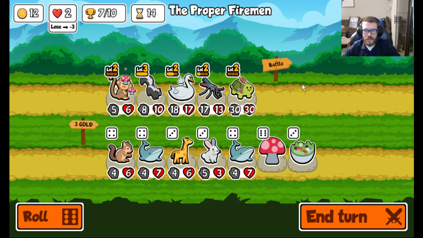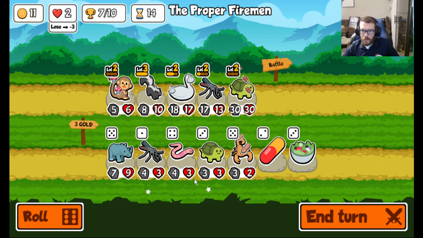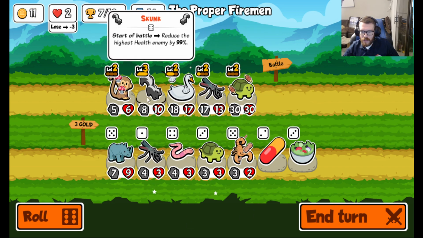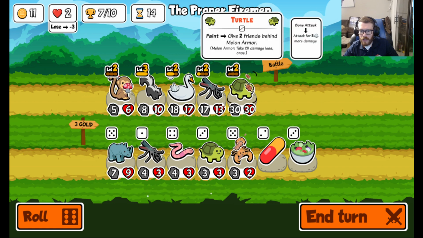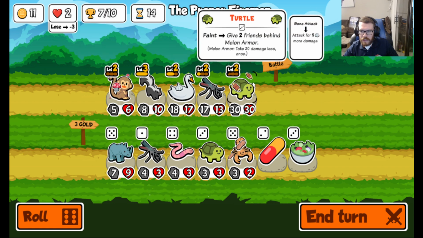Sorry about that, team. Just had an important call I had to take really quick. But what I was doing there is pretty easy. We're just leveling up our main squad. Level 3 skunk has saved us against, I think, two oxes in a row with high health, so that's pretty big. Monkey, obviously, we got to level 2. Now our biggest one is a scorpion, or a turtle, which is a little dangerous,